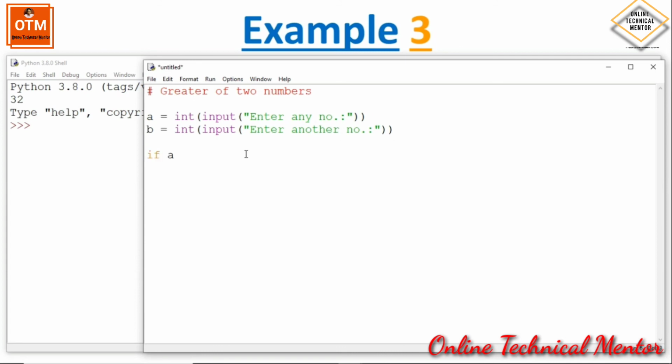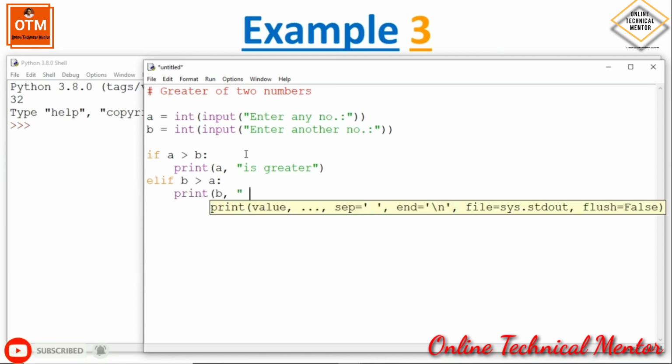Now if a greater than b, then this space is not mandatory, print a is greater. Now elif b greater than a, then print b is greater,